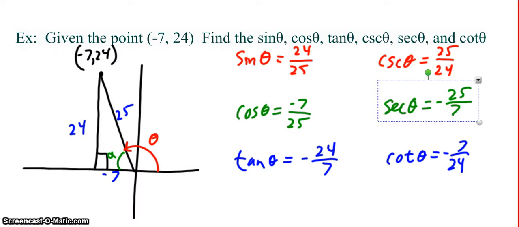Alright, so hopefully for sine of theta we got 24 over 25. Cosecant of theta then is 25 over 24. Cosine of theta is negative 7 over 25. Secant of theta then is negative 25 over 7. Tangent of theta is negative 24 over 7. And cotangent of theta is negative 7 over 24. One thing I want to point out about this,